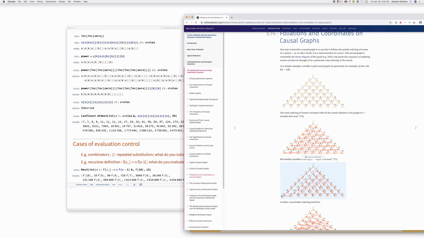Yes? Actually, yes. I mean, right. Okay. This will be some kind of breadth first scan,